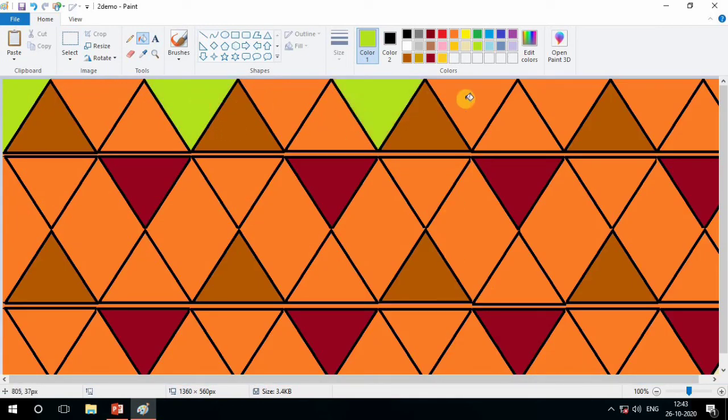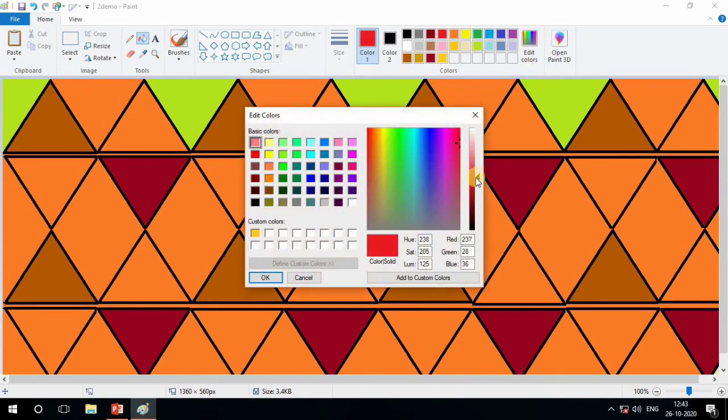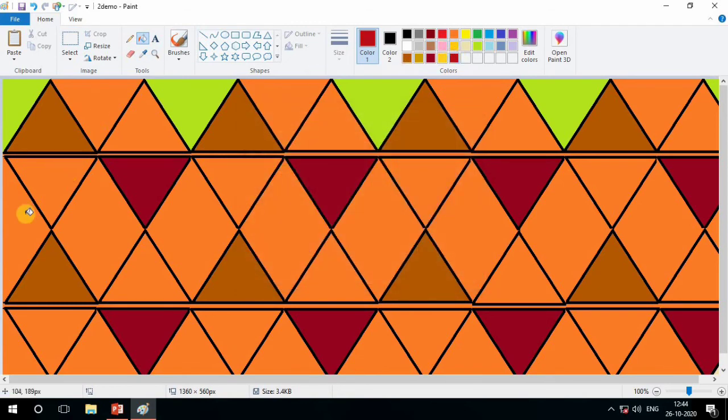Now see, one space and one fill. Now see another shade, add it and choose it from the other shades. Add it. Okay. Now choose it and fill it here.